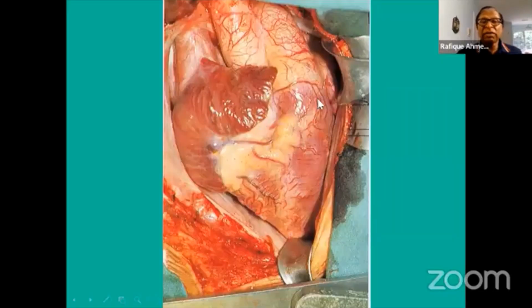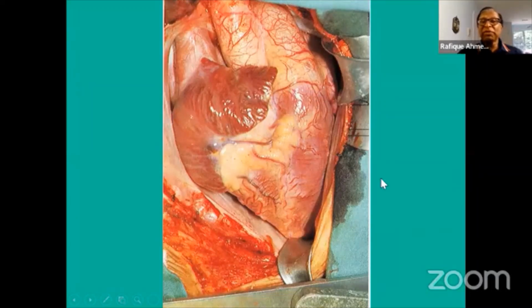This is the heart. It seems the chest has been open for most probably some kind of cardiac surgery. And you can see that this is the right atrial appendage. And most of this is the LAD where it should be. This is the fat. This is the right ventricle. This is the left ventricle. This is the aorta. And this is the pulmonary artery going. That's the concept. It is important to remember the anatomy from time to time, because when we look at the chest,